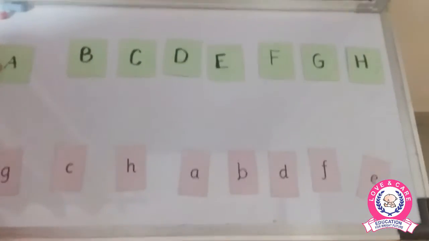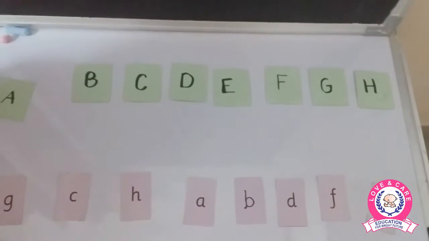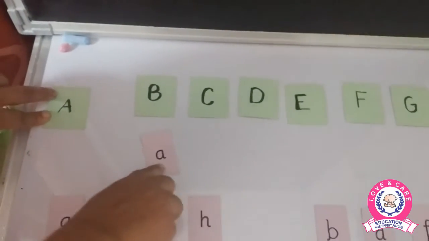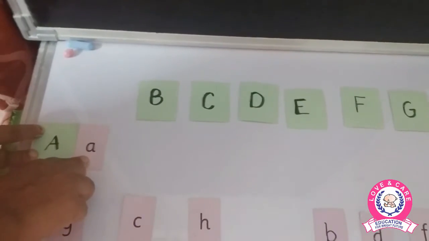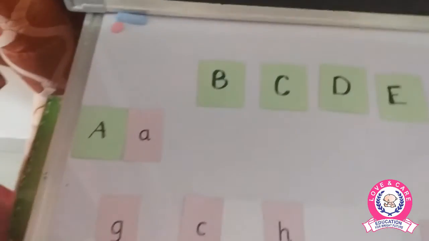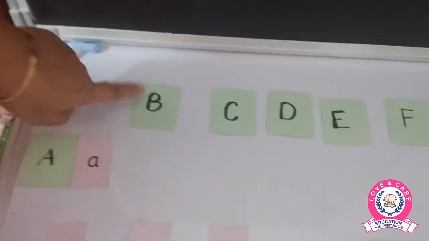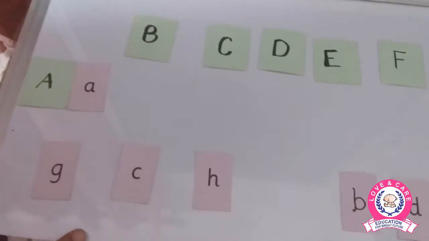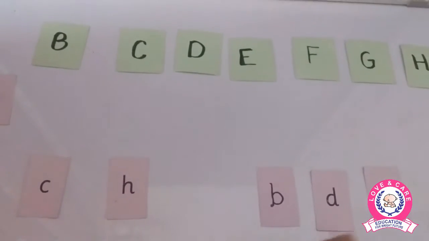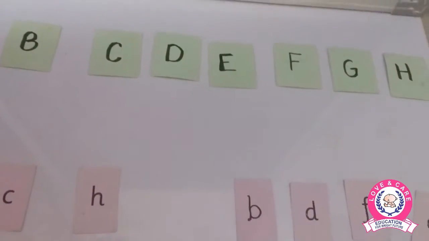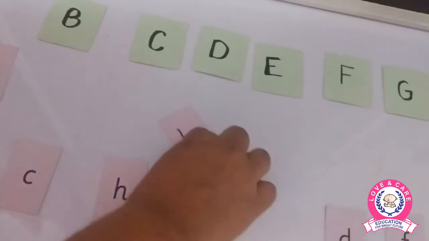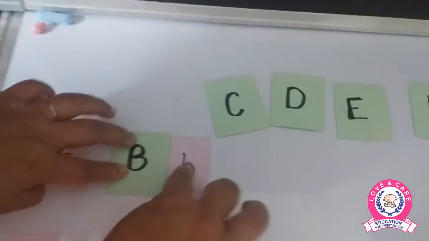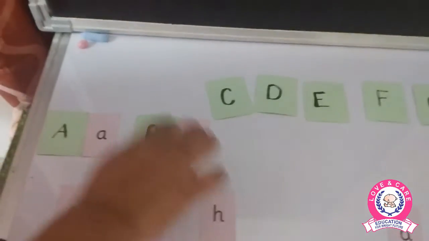So now this is the mummy letter A. So where is the baby letter A? Because now baby A is going to mama. Yes, and now mummy and baby A are here. Now this is the mummy letter B. So where is the baby B? You need to find here. Is this the baby B or this? This one is the baby B. So now the baby B is also moving and going to be with mummy. So that is the mummy and the baby letter B.